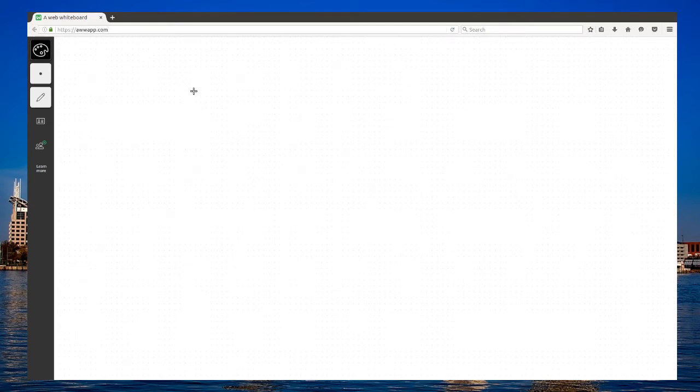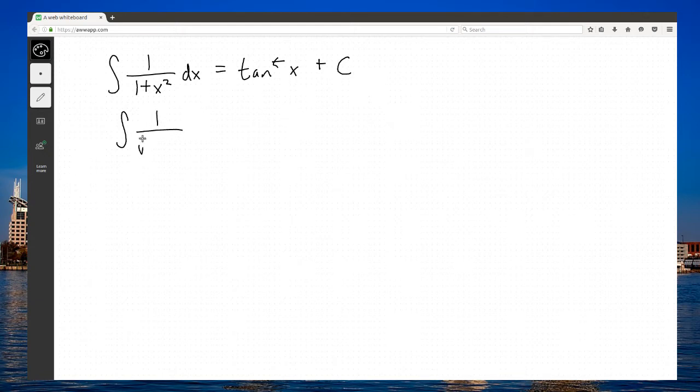Now, we can occasionally avoid trigonometric substitution by just remembering a few simple inverse trig antiderivatives. So what do I mean? Well, it's a fact, and you can prove this using trigonometric substitution, that the integral of 1 over 1 plus x squared is the inverse of tangent x plus c. The integral of 1 over the square root of 1 minus x squared is the inverse sine